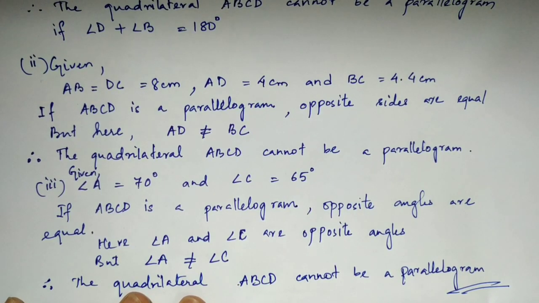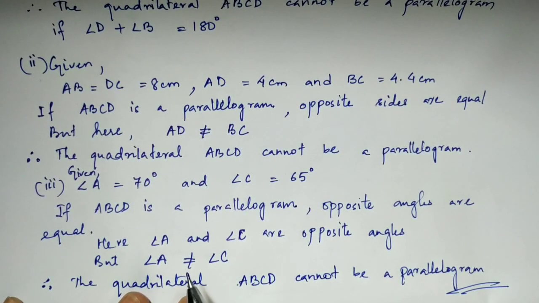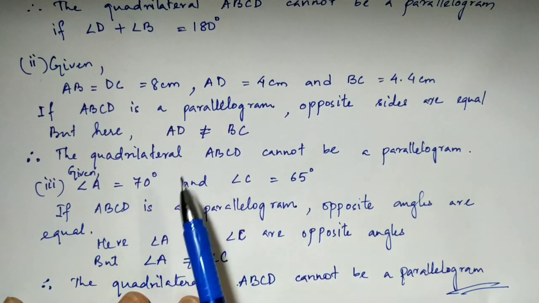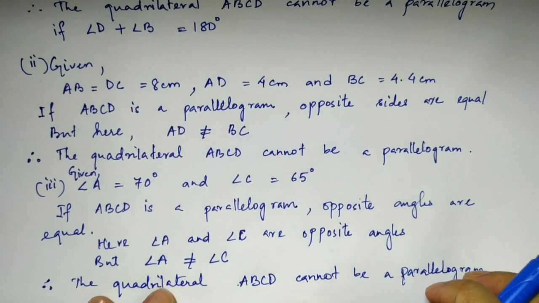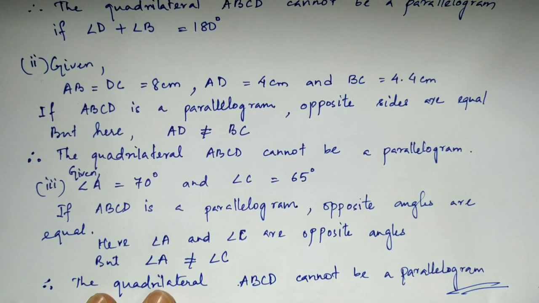Now you have question number 3's third condition. You see, all the 3 conditions that are given are wrong, they are not true. Here also you can see the opposite angles are given, but the values are given as different. One is 70, one is 65, so they cannot be equal. So all the 3 conditions are wrong, but you cannot simply write no, they are not correct, you have to write down the conditions this way. So now after this we have a question, that is question number 4.